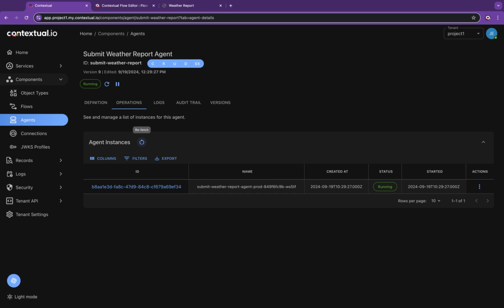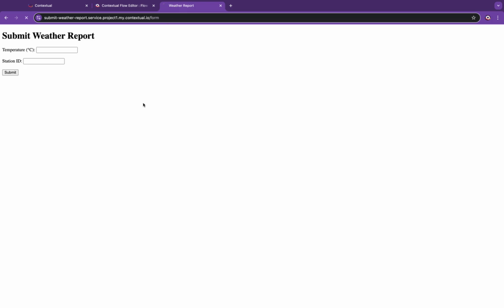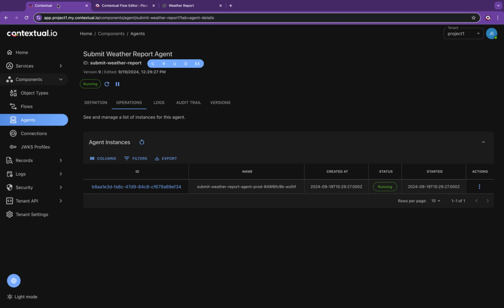So now we're going to test, not in the editor, but through our web form. I'm going to refresh that page, and I'm going to go ahead and submit two things: a valid weather report. So we'll start with one that's valid, 25 and station ID Jeff, and a weather report was submitted successfully. Now we'll go here and submit the invalid one with 101 degrees Celsius, and we get an error submitting the report. So now let's go back to the console, and I'll show you how to look at the logs from